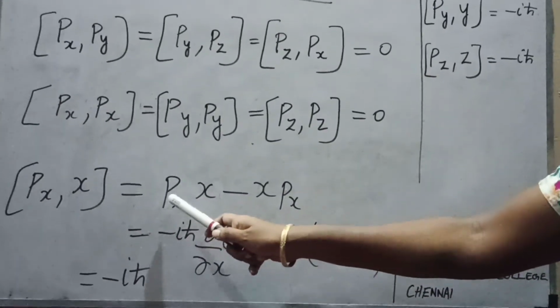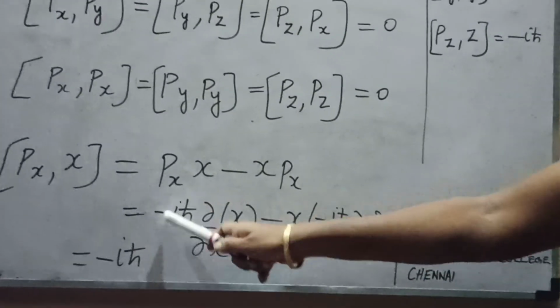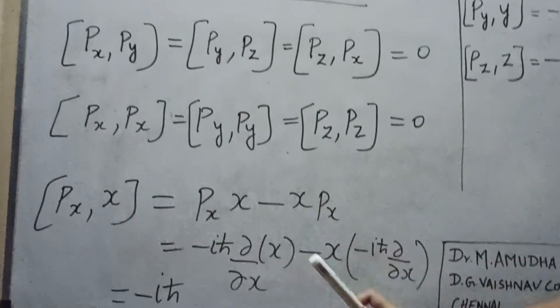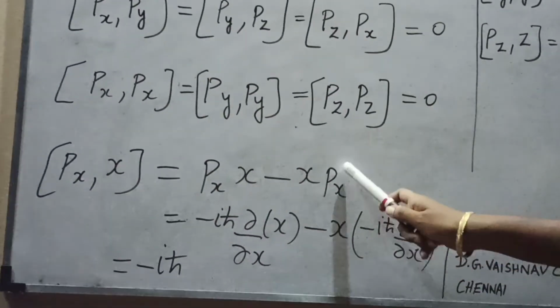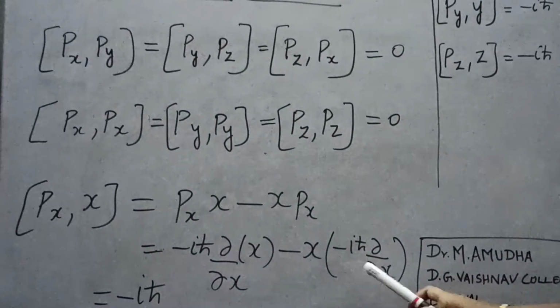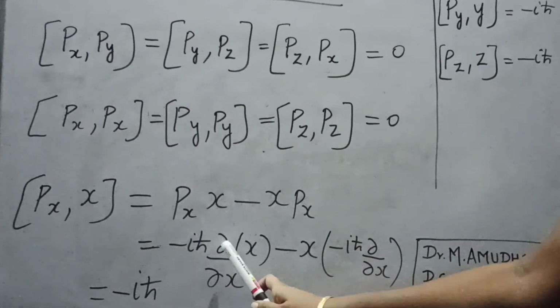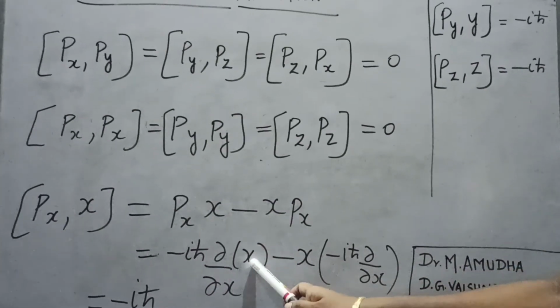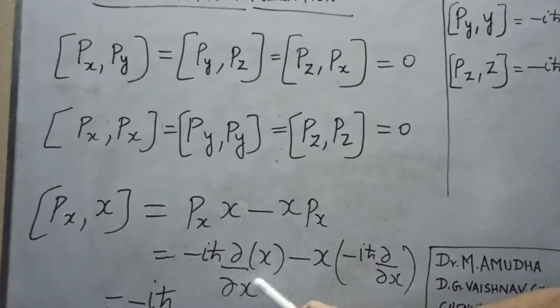And now substituting the operator form of this Px, that is minus iħ ∂/∂x, put this X as it is, minus X, and then the operator form of Px, minus iħ ∂/∂x. So all you know that the operator ∂/∂x, when it operates on this X, the value is found to be 1. So minus